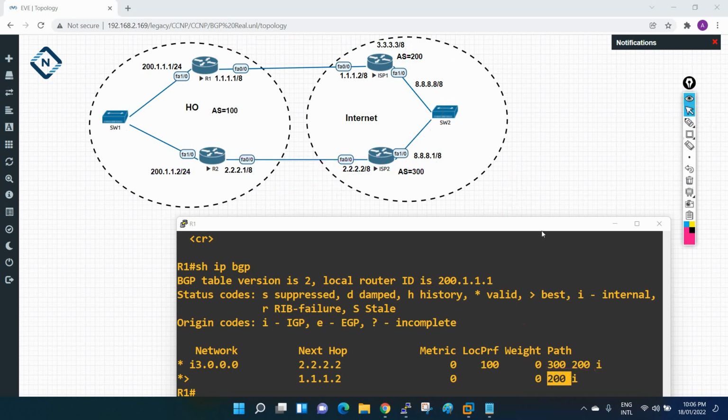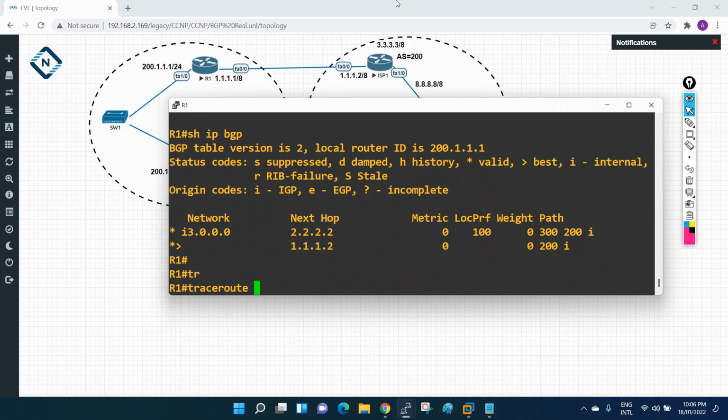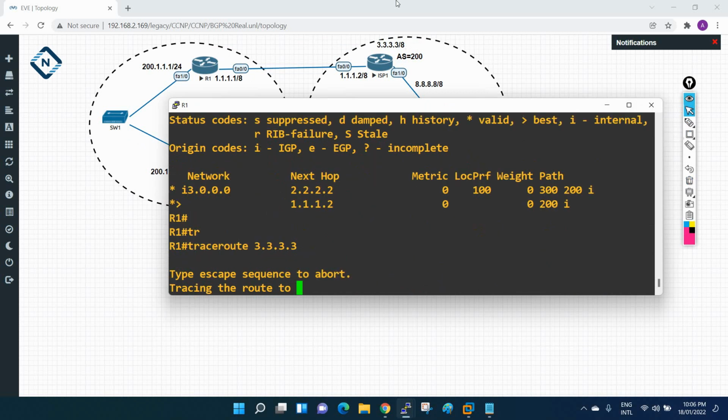Anyhow, let me show you an example. I want to go from here. If I want to run traceroute 3.3.3.3, let's see from where it is going. It will prefer the first path.